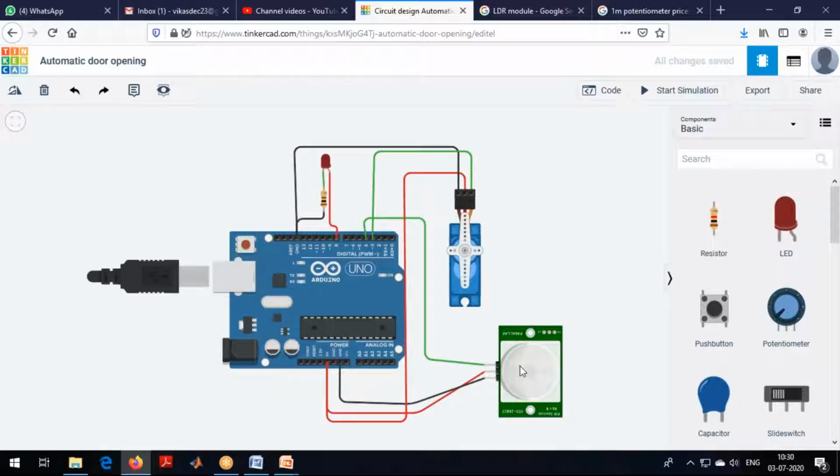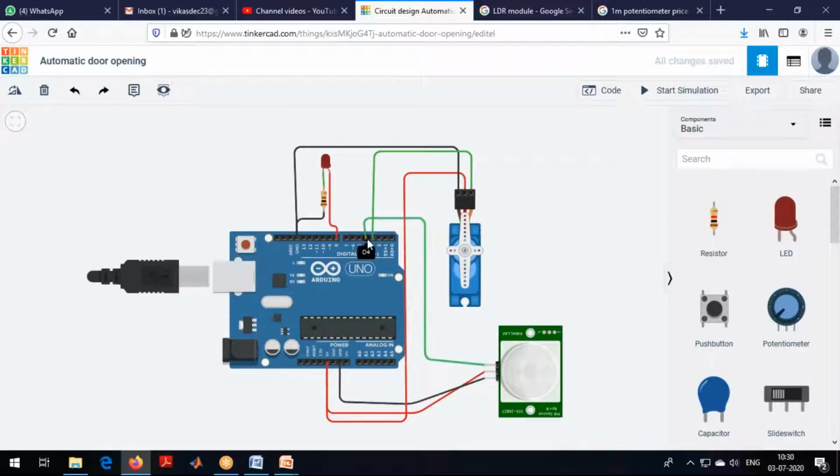So this PIR actually detects motion. This is the signal pin. Basically it can say if someone is there, moving or not moving. The second one is power, then I have ground. Power pin I am directly giving to 5 volts, ground I am directly giving to ground.